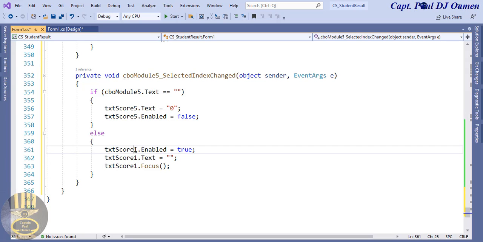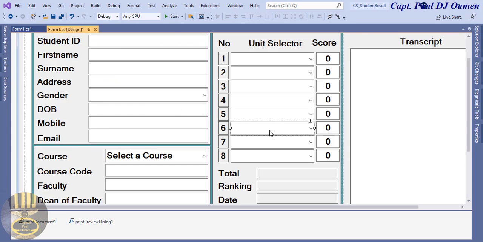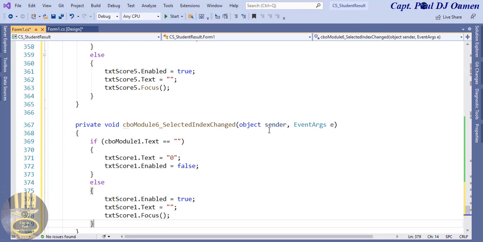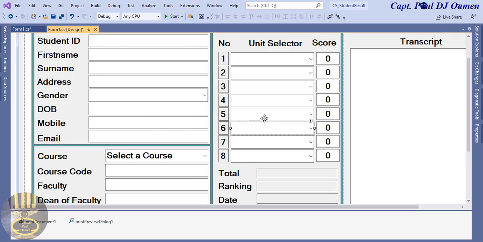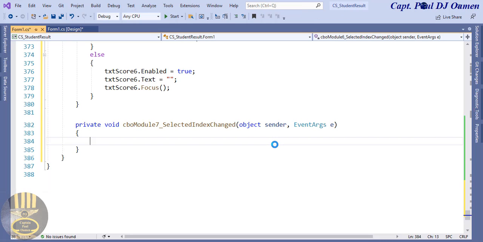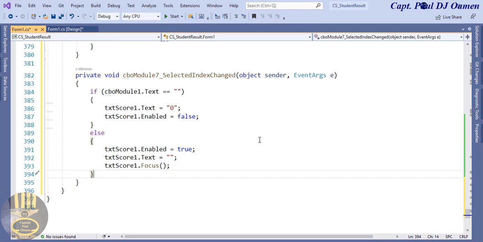We have 5, then we have 6, paste, 6, and 6 here as well. There. Then repeat the same thing for 7 and 8. 7,